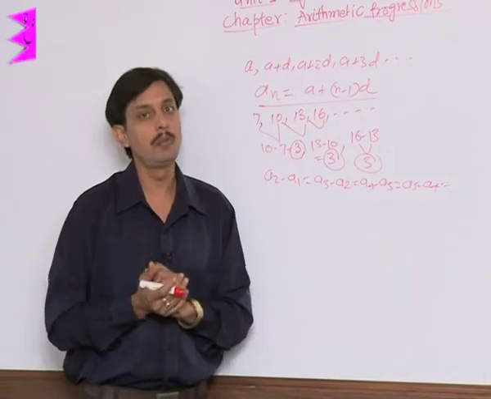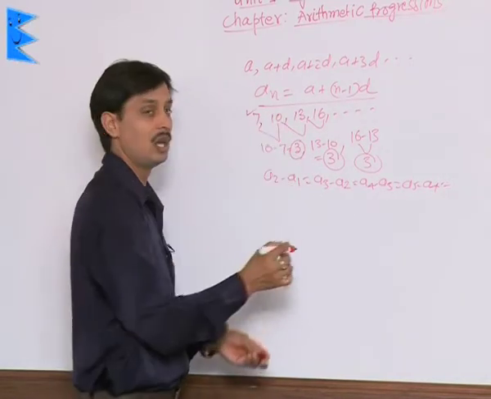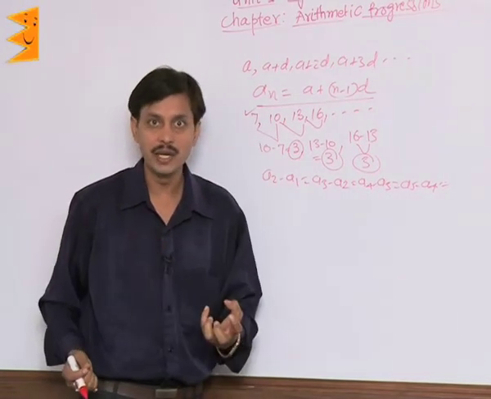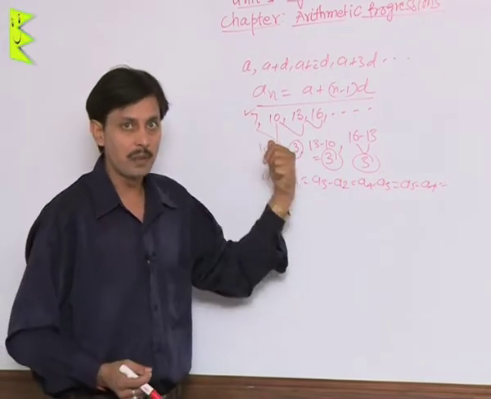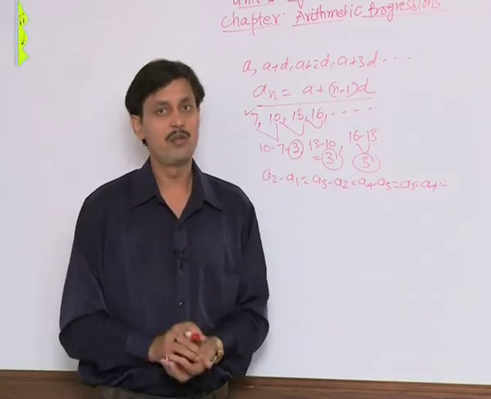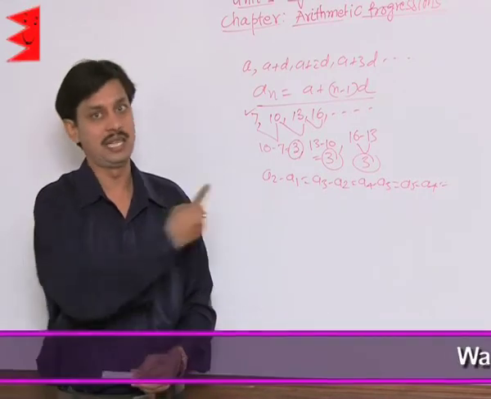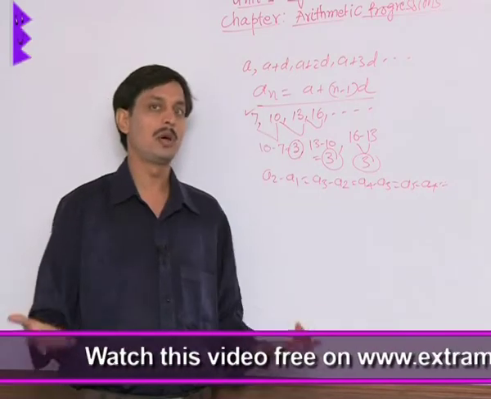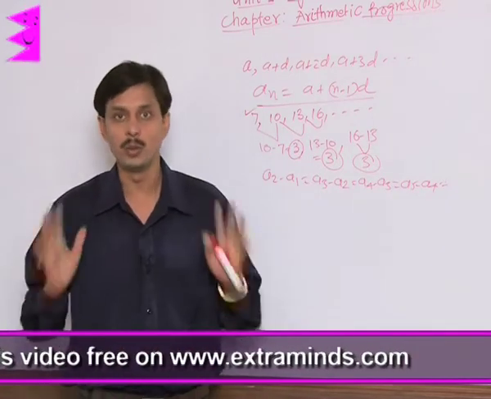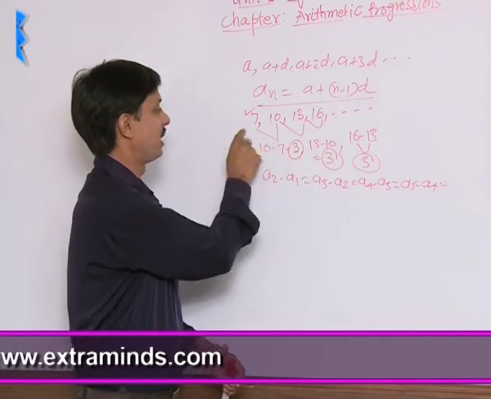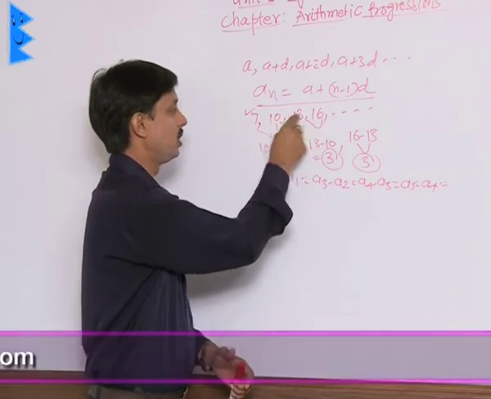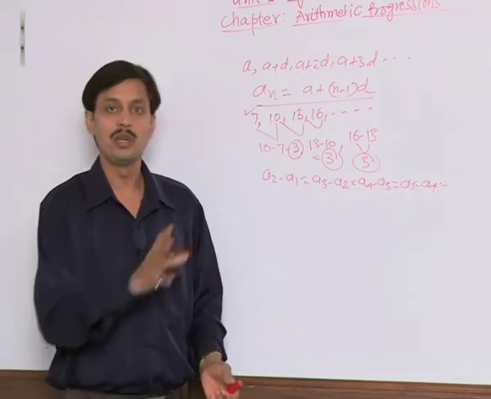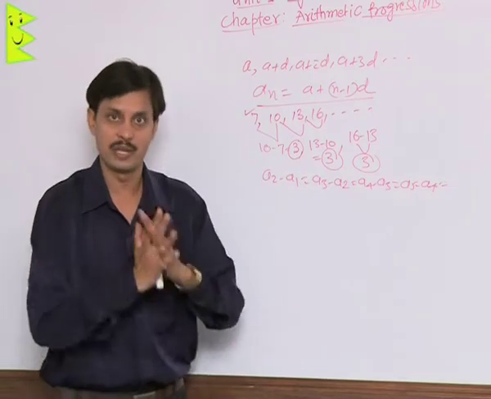So first of all, there is a type of question, there may be questions in the exam or anywhere, that check whether the given progression is arithmetic or not. For this, as I have told you, first of all you will find the successive differences of all the terms given to you. Number 1, we are finding 10 minus 7 is 3, 13 minus 10 is 3, 16 minus 13 is 3. As we find in this progression the common difference is the same, so we conclude yes, it is the arithmetic progression.